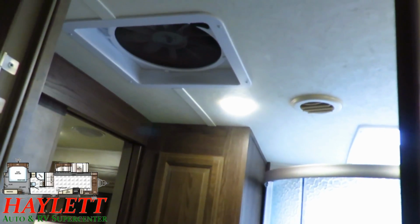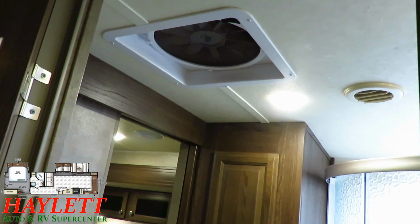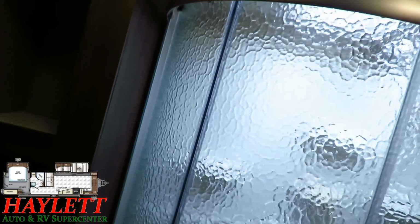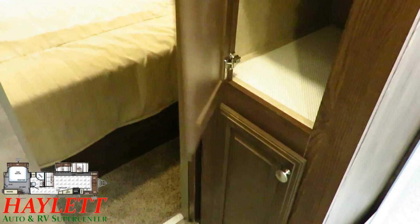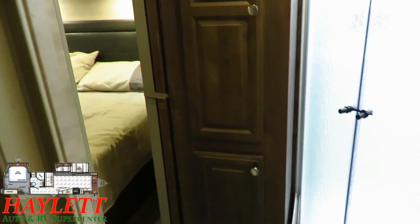Max Air vent fan here in the bedroom with roof vent cover built in from the Rockwood factory level to really maximize your airflow, keep everything nice and recycled and comfortable, and good linen storage in here as well. Notice that even these cabinets, just like the kitchen cabinets, are hidden hinges. That's another neat thing on Rockwood. They really kind of go all the way every time, and you note that these are all raised panel hardwood